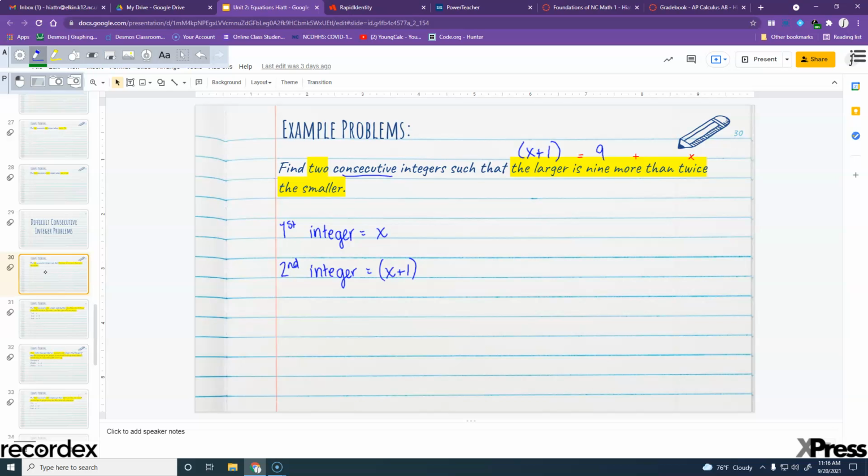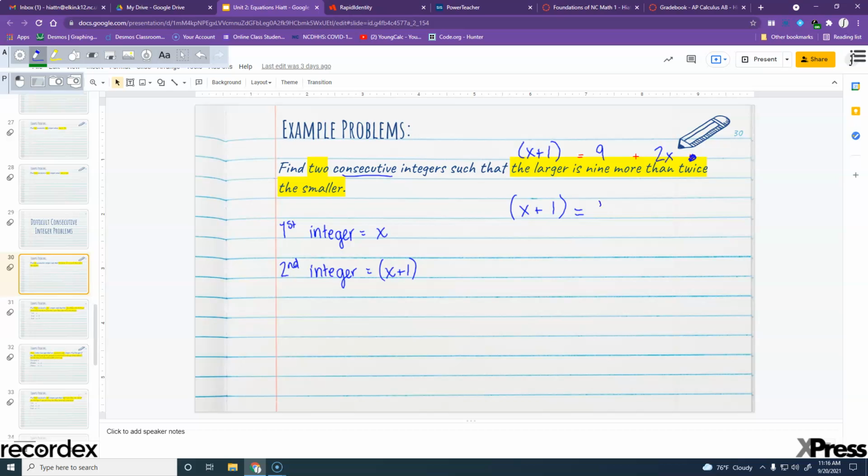More than is a plus. Ignore that x right there. It should be there. More than twice the smaller. So twice tells me to do what? Multiply by 2. What's the smaller integer? X. Okay. So we've got x plus 1